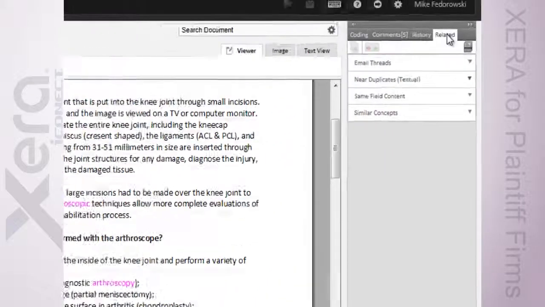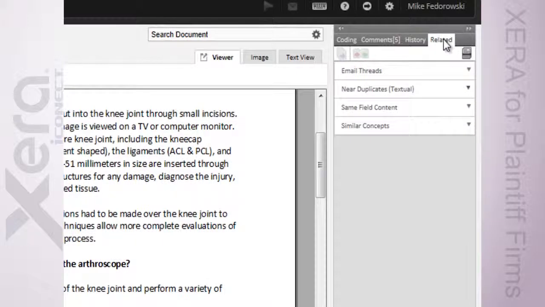And in the event that you wish to make use of some analytics, how do analytics fit into my plaintiff review? These are things obviously that the defense bar has been using for a long period of time, but they can obviously benefit you as well. Easily being able to group together my email threads, my near duplicates,